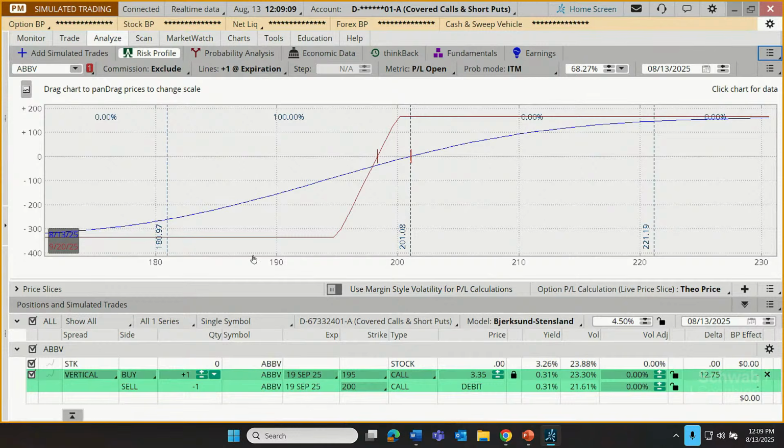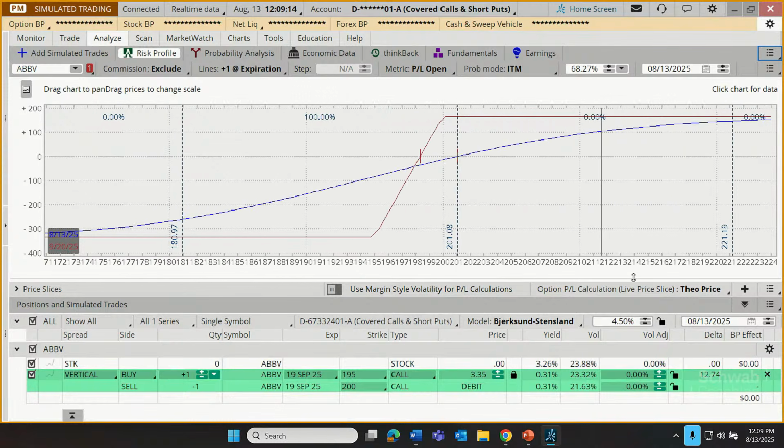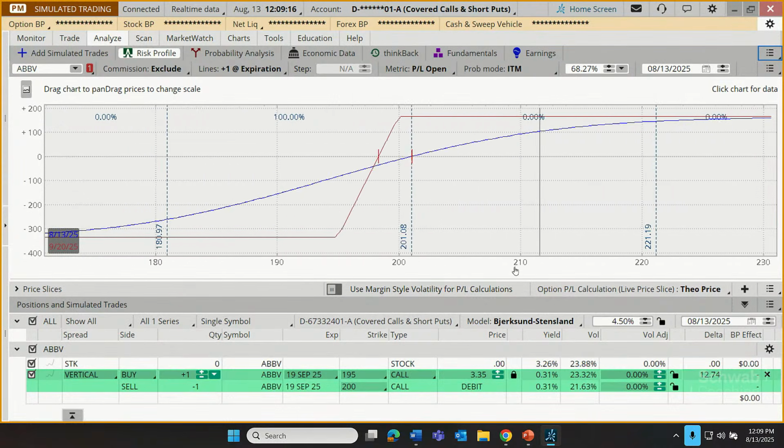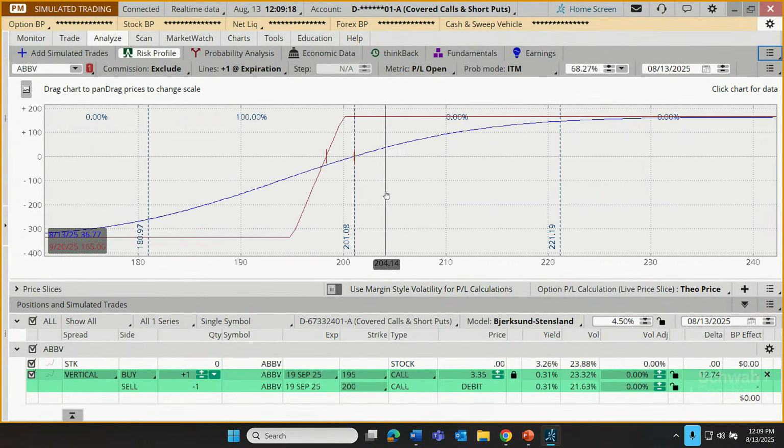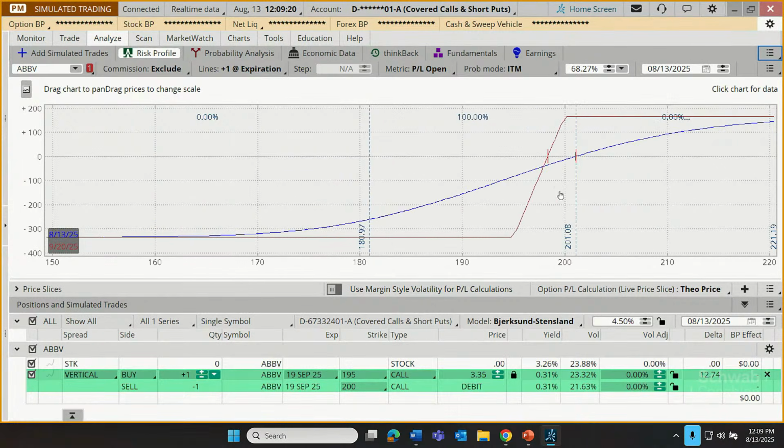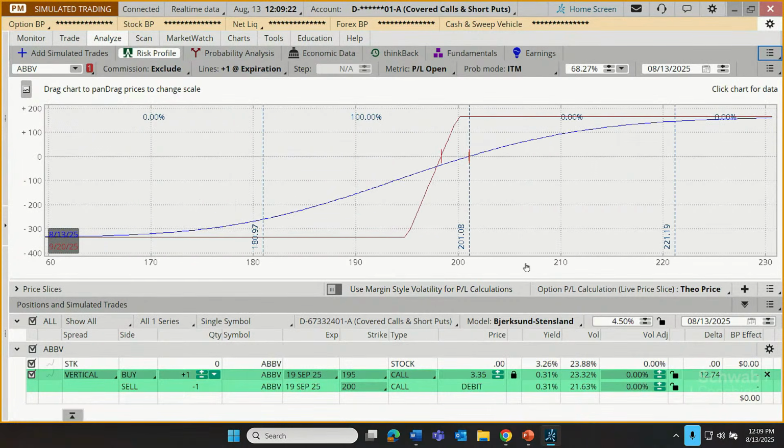We can just come down here across what we call the x-axis, click on it and drag it back and forth. And that can expand or contract that chart. We also know that if we click directly on the chart, we can drag it back and forth without expanding and contracting. We're just repositioning it.